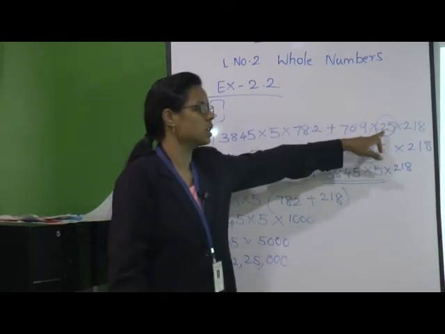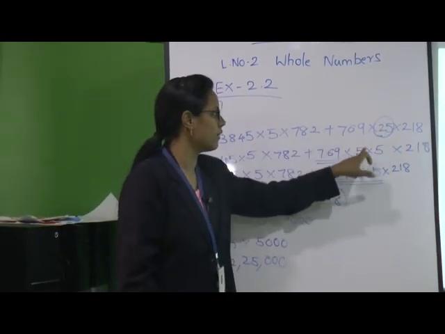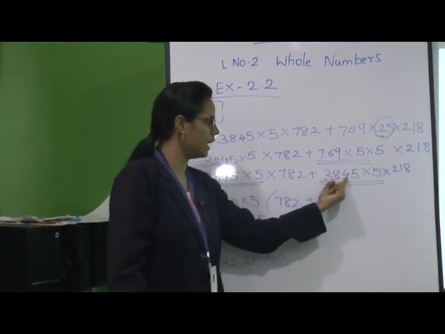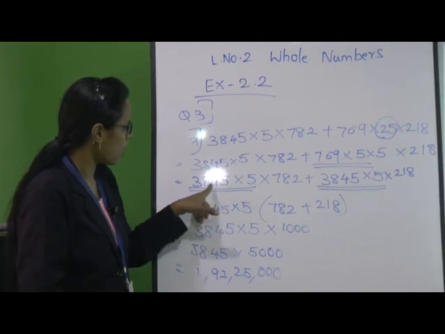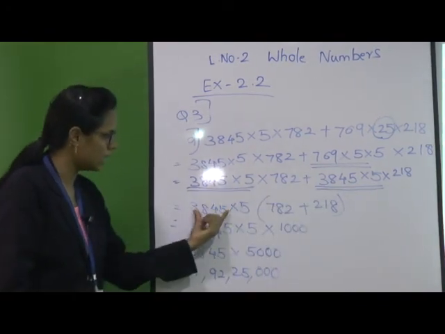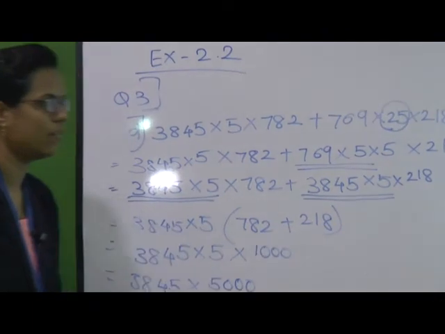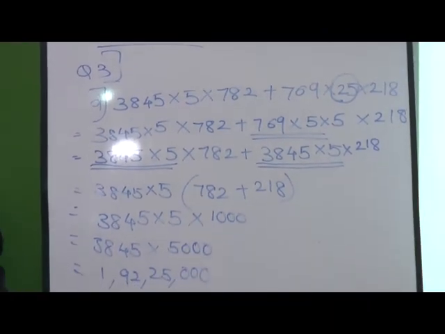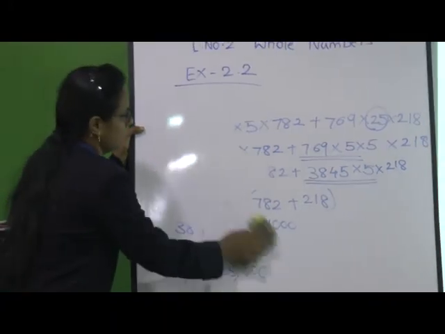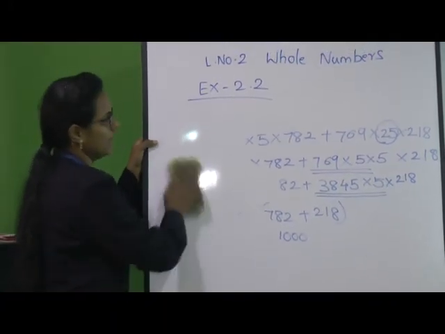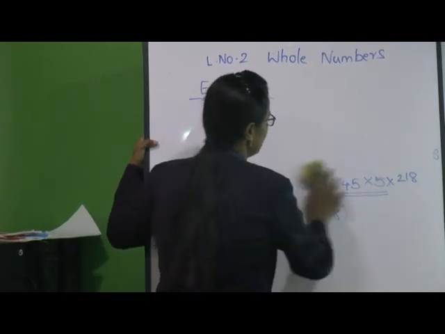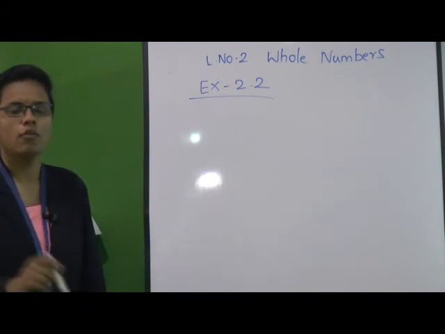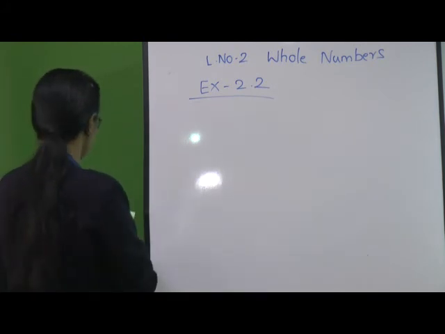So there were many different numbers given in here. We have first distributed 25 as 5 into 5, then multiplied 769 into 5, we got 3845 into 5. The common numbers are this, we have taken common here, remaining we have added and then we have solved accordingly. Okay. So, these were the examples. Let us solve next one. Till now we have solved find the sum by suitable rearrangement, then we have solved find the product and then we have find the value. Now, next one we are going to solve.